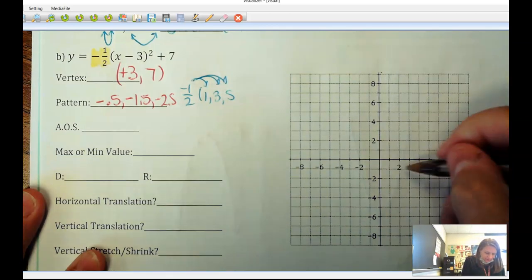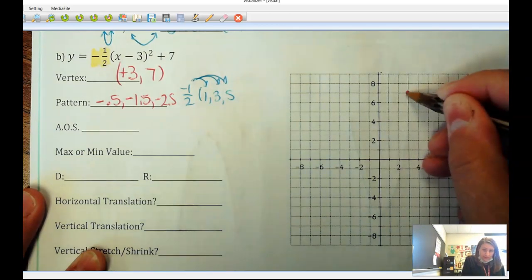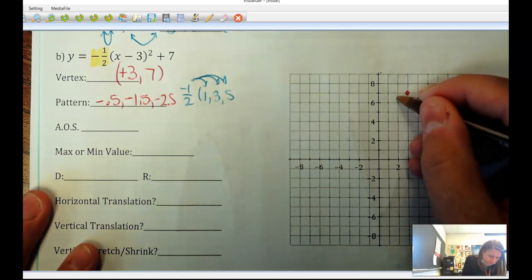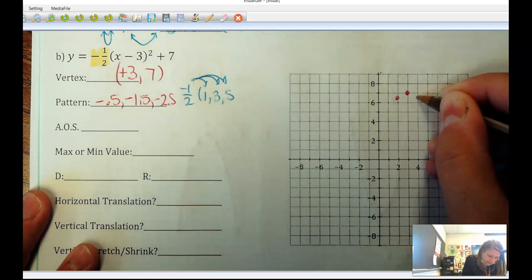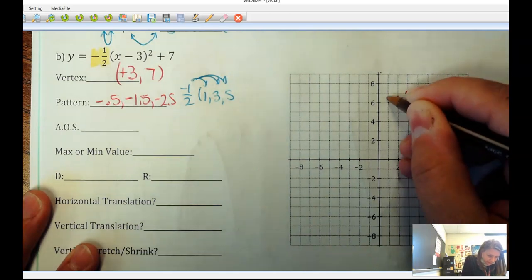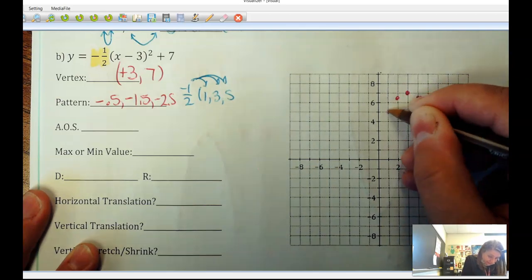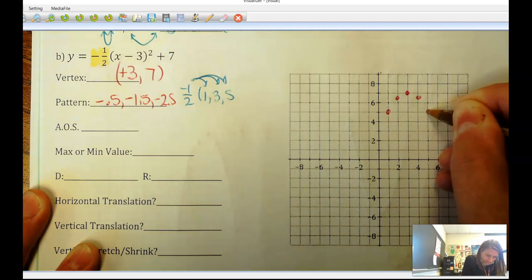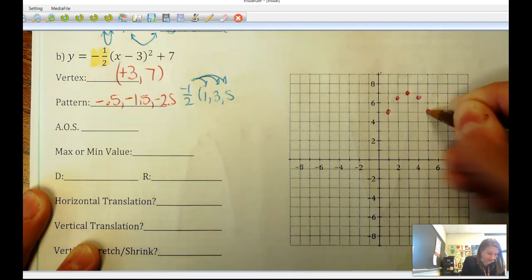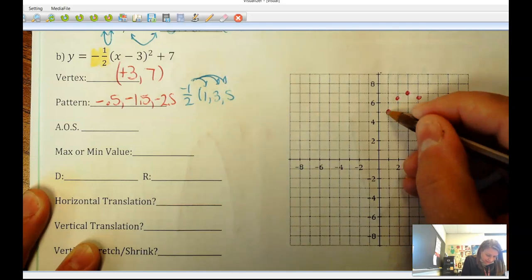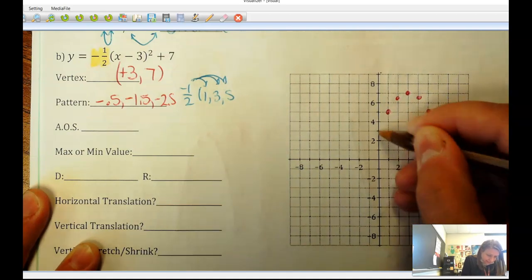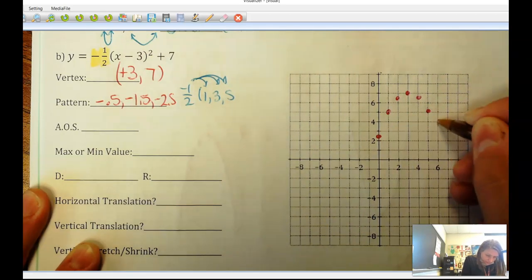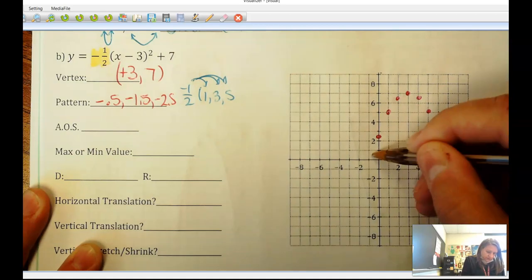If I come over to my graph, 3, 7. And remember, if you've got a decimal, we're just going to do our best to estimate. So I'm going to go over 1 on either side, down 0.5. From there, over 1, down 1.5. So that'll put you on a nice point. Over 1, down 1.5, right at 1, 5, and 5, 5. And then the last little step in our pattern, over 1, down 2.5. Here, over 1, down 2.5. And just do your best to